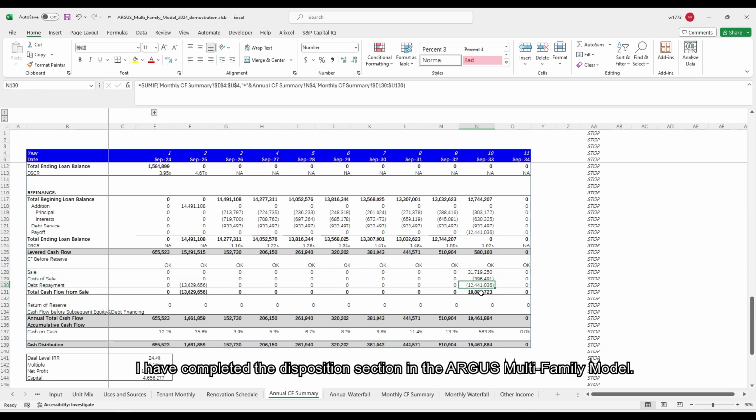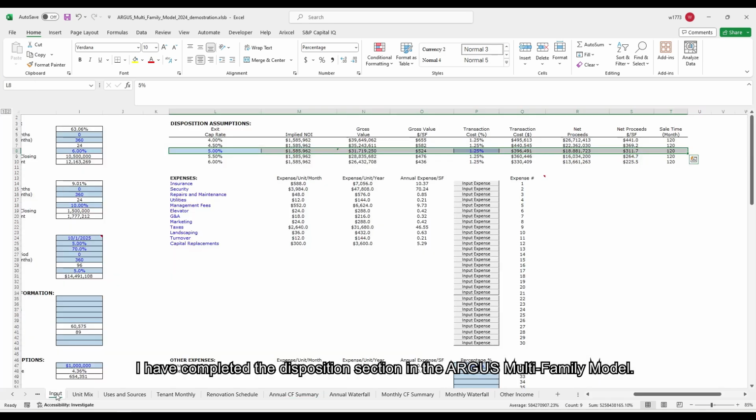Everything looks good. I have completed the disposition section in the ARGUS